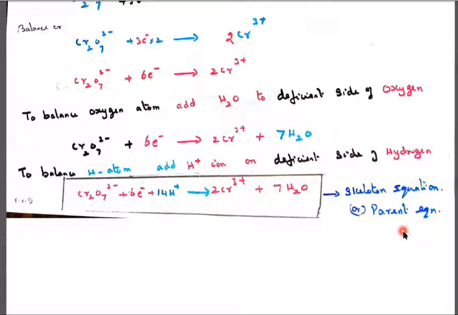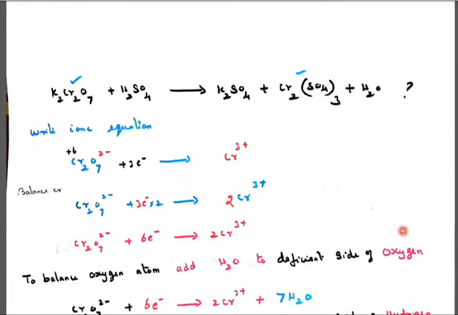To this parent equation, we can add the oxidation of ferrous to ferric, or sulfide to sulfate, or nitrite to nitrate, or potassium iodide to iodine. So like that, we can use it for a variety of equations. This is the parent equation, the main equation. Again and again I'm saying, from this, the Cr2O7 2 minus ionic form is to be taken, and chromium as 3 plus. These two alone we are taking.